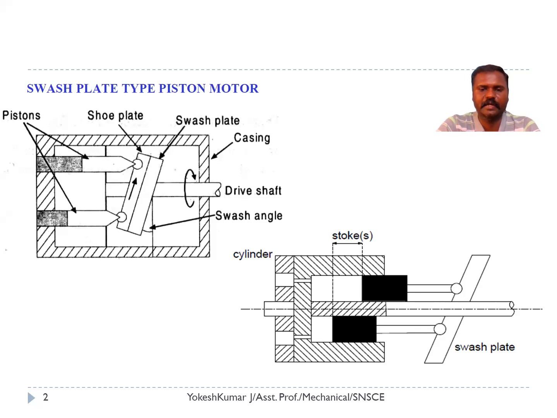On the other hand, we have a rotary block. The speed of the motor depends upon the stroke length of the piston and the inclination angle of the swash plate. If the inclination angle of the swash plate is zero, then the motor won't run. And if the inclination angle is maximum, we can get the maximum